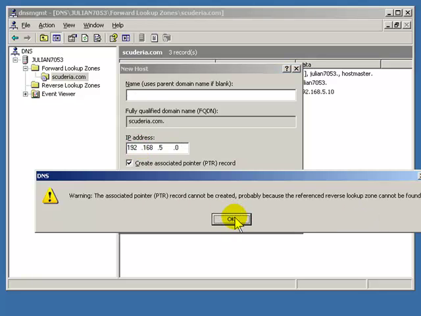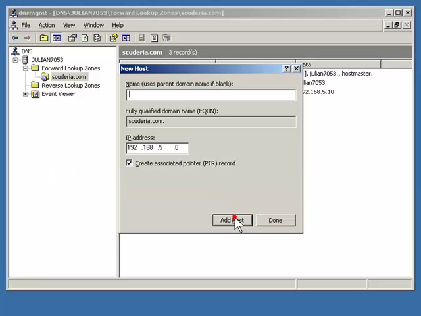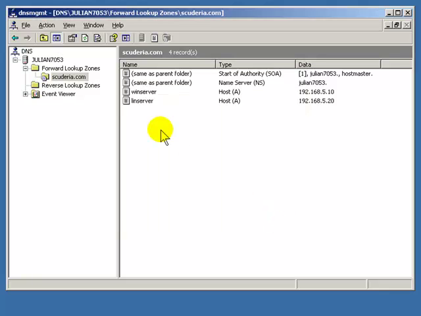We can go ahead with it. The reverse will be done later. We can add the Linux server, lin server, and it's going to .5.20, and we add. Okay, done. And as you can see, the start of authority and name server are both wrong on the data,